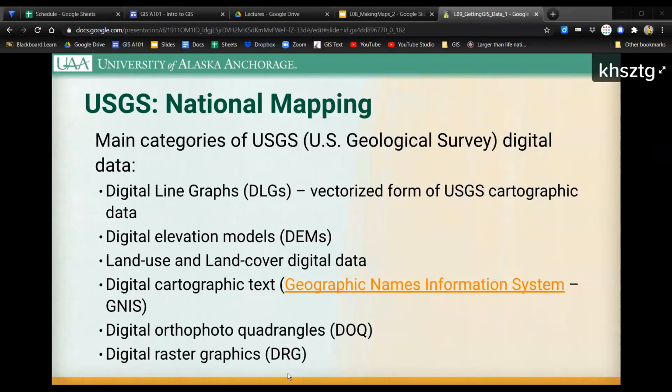One of them is the Geographic Names Information System, which is an attempt to standardize our usage of names. So just like naming plants and animals, there are as many different common names for some area features as there are people who talk about them sometimes. So we make an effort to standardize those names, at least by having one main centralized source for that data